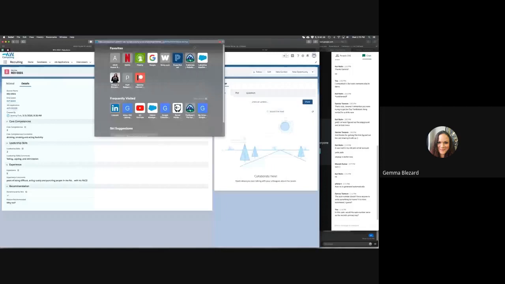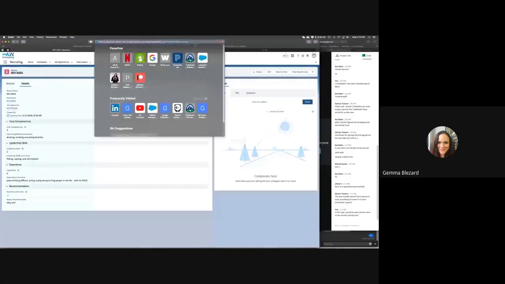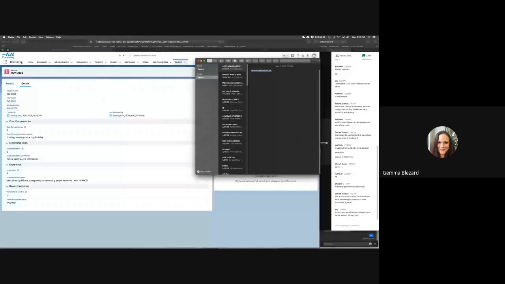Now, the primary keys will begin with different letters and symbols, depending on which object you're looking at. So, for example, you can see there's a long 18-character ID in the URL that we're looking at there, which starts with AO. And AO tells me it's a custom object. But that whole ID there, if you were to copy that and paste it onto the end of any Salesforce